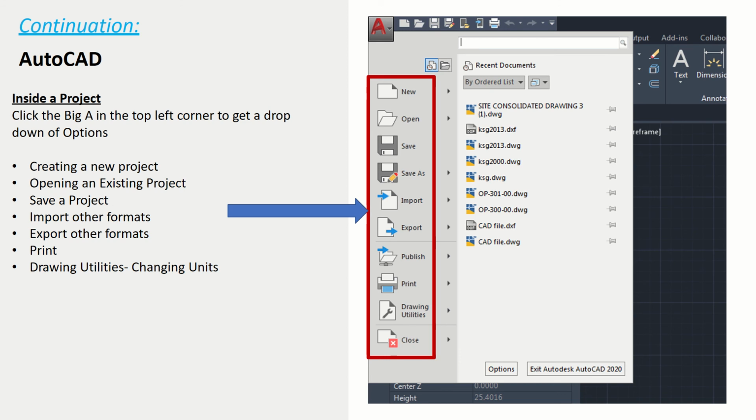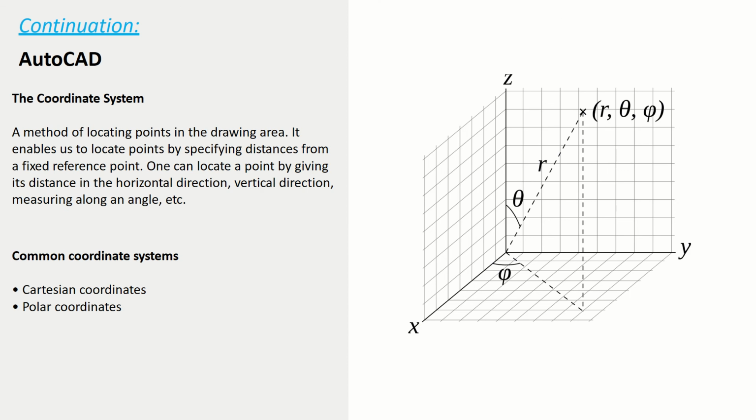While we're in AutoCAD again, this is something else that you'll look at. When you've opened a new file, after you've clicked the big A and you're in a new file, you're able to do a number of things. You can save that file. You can save as a different name. You can bring in different files. You can export this file as something else. You can also print, or you can change units from feet to inches to millimeters, etc. That's when you're inside AutoCAD, when you're inside a file that you've already opened. So when we're looking at AutoCAD,